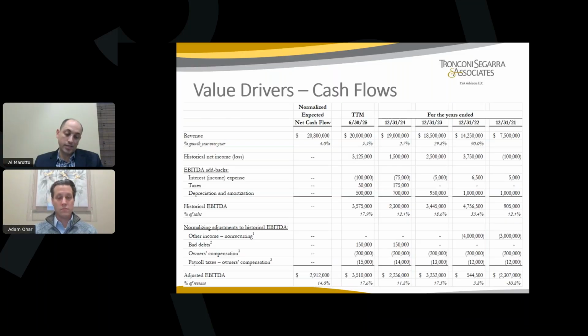So I see a lot of times there's a bit of a disconnect between the value of the business and the fact that the owner is pulling out $200,000, $300,000, $400,000 in compensation, and thinking, look, my business is worth a lot based on the fact that I'm pulling in $400,000, $500,000 in compensation, but that may be necessary compensation I need to pay for someone to run the business.